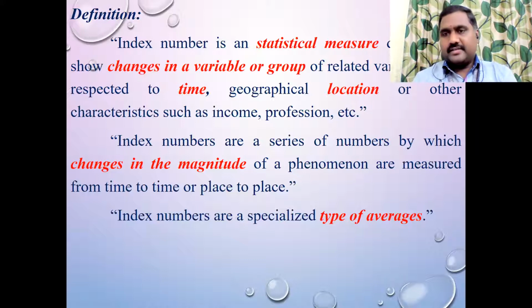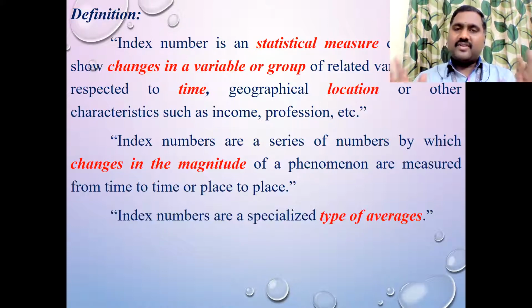Similarly, our lifestyle has improved right now. Before 10 years, we didn't have a mobile phone, but nowadays each and every person in the family has a mobile phone. And in olden days, it was very difficult to get a television, a refrigerator, a washing machine; we would just live with whatever we had. But now all these items become mandatory. If you want to have a life, you should have a television, a refrigerator, an air conditioner, home appliances. In old days, if you had those, you were in hi-fi, it's like a hi-fi life. But now even common people, middle class income people, have that. So this is what the changes are, and those changes are measured with the help of the index number.